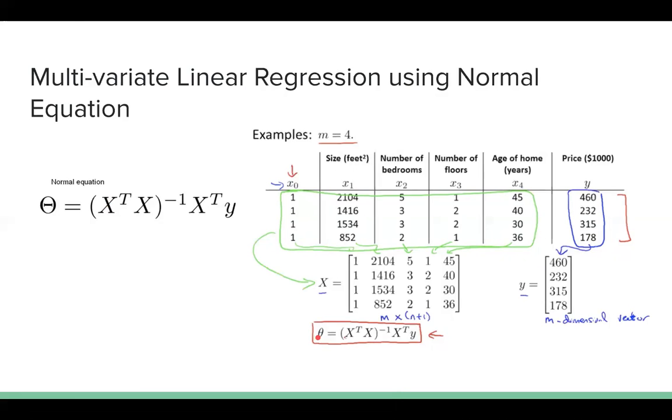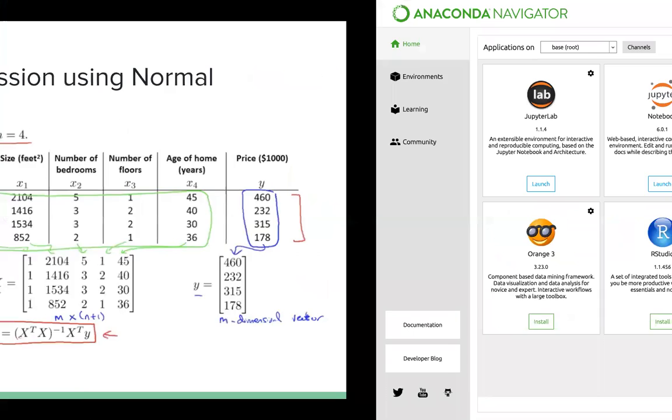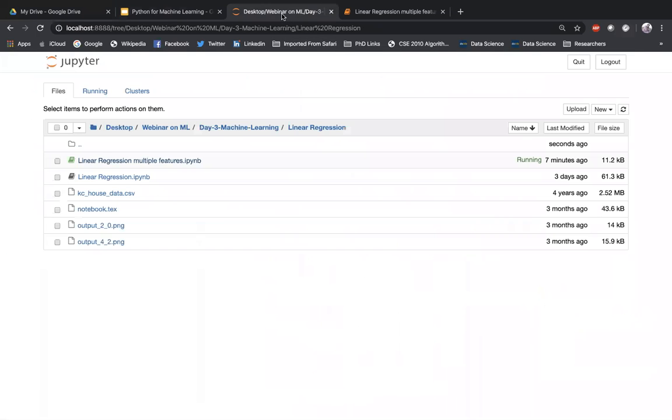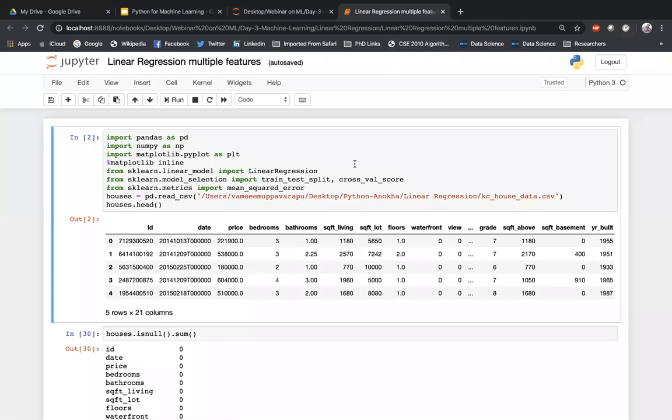In the last session, I was able to show only the linear regression implementation in Jupyter Notebook for the simple one. So we have seen that. Today we are going to see linear regression with multiple features. I'll quickly go through the code, so you can also just follow right now. The initial thing is that I have loaded the houses dataset.